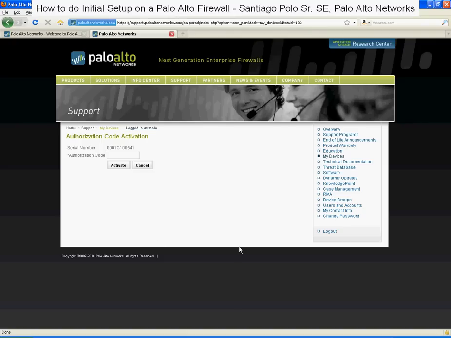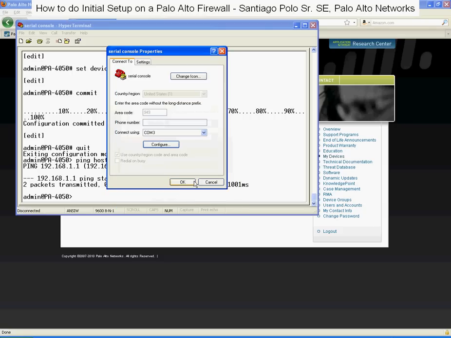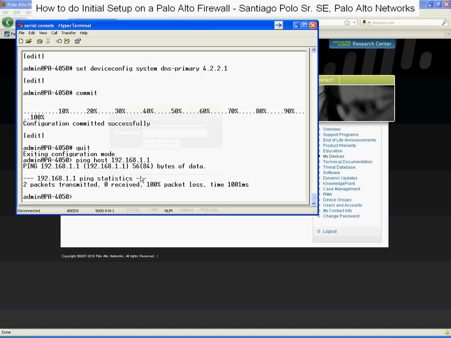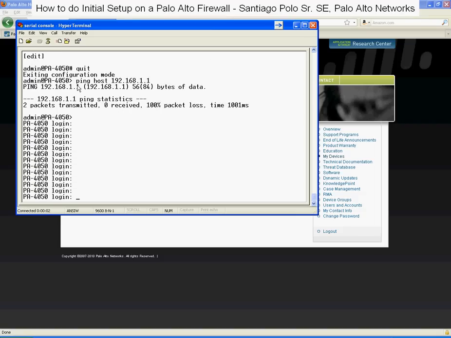So at this point, what we do need to do is move on to step 2. We've completed step 1, and so now what we need to do is go to the management interface and give it an IP address. The way that we do that is we'll go to our serial console. I'm just using Hyperterminal. It's configured for 9600 N81 with hardware flow control. I'll just disconnect and reconnect so you get the full idea of what it looks like. You will get a login prompt that looks like this,